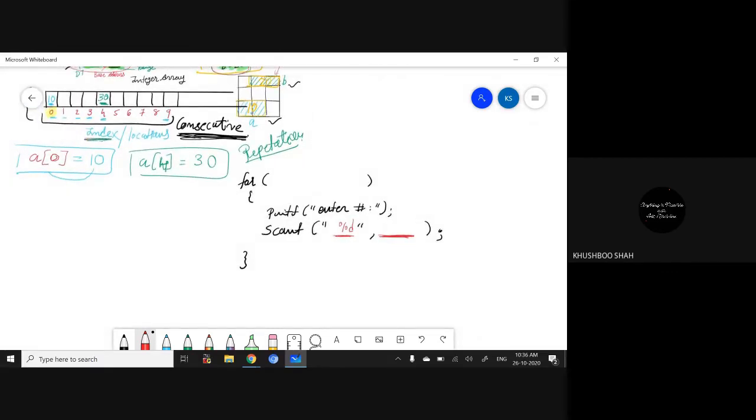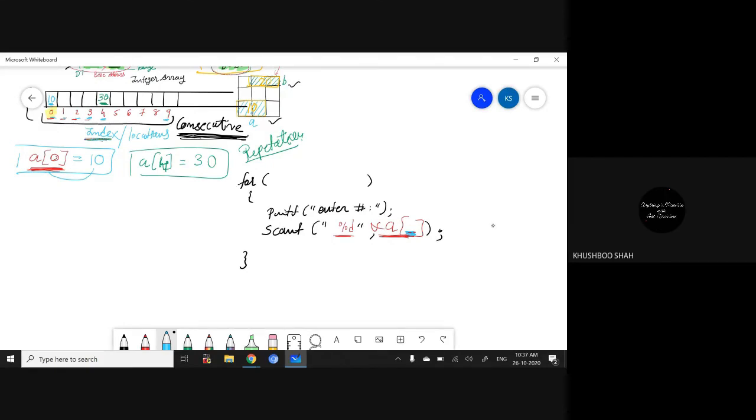As we can see, the index is increasing from 0, 1, 2, 3, 4 up to 9. So the ampersand sign, but this is an array, so I need to write a and the location. At this location I need to write the index, which should increase with the iteration.